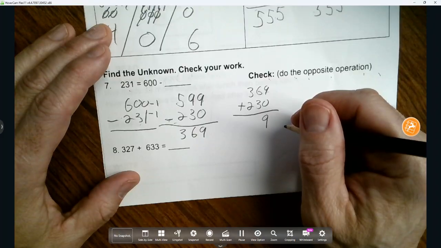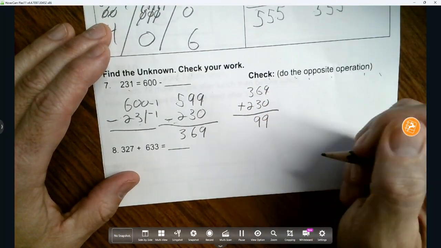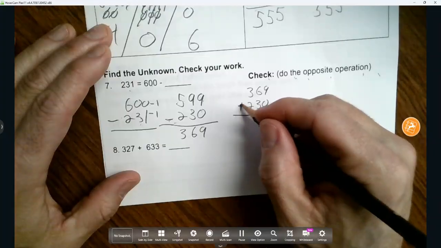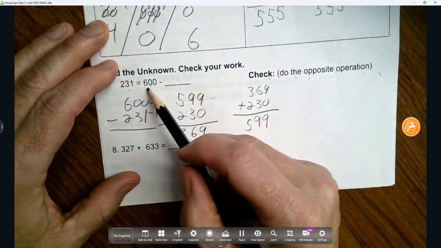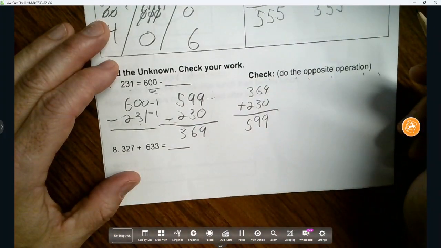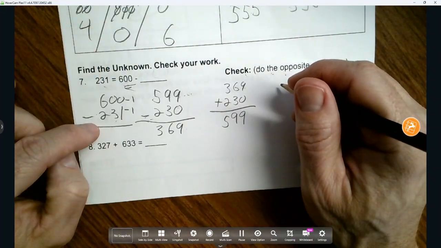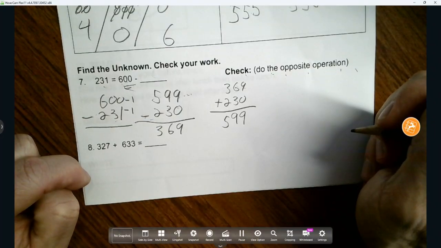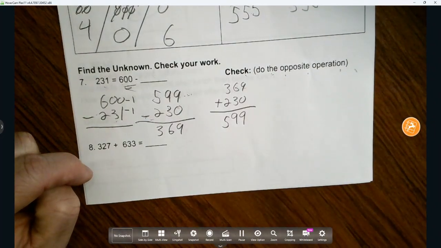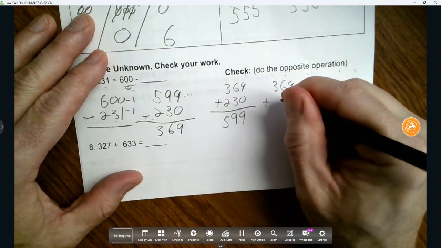Right? Is that right? 6 plus 3 is 9. And 3 plus 2 is 5. Well, we got our 599, but remember, we're looking for that 600. Oh, 600. So wait, let me write this. So my numbers were a little different. But if I take and put the 369 plus